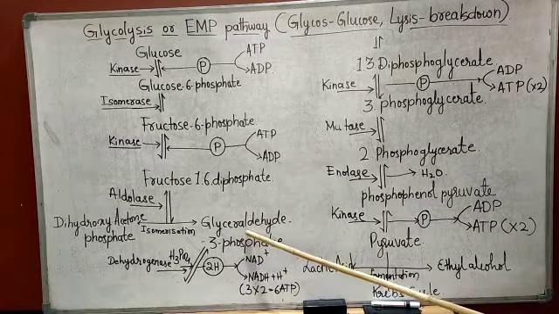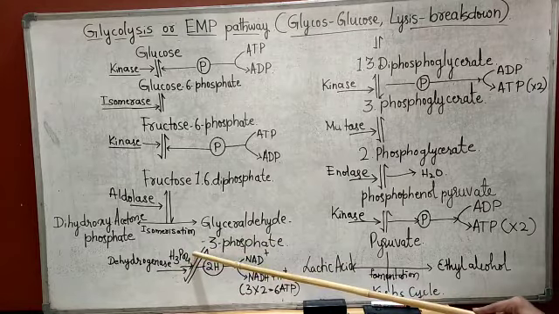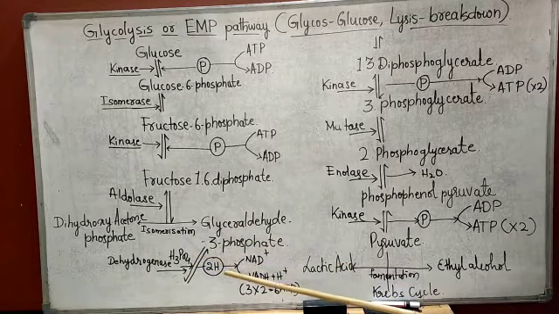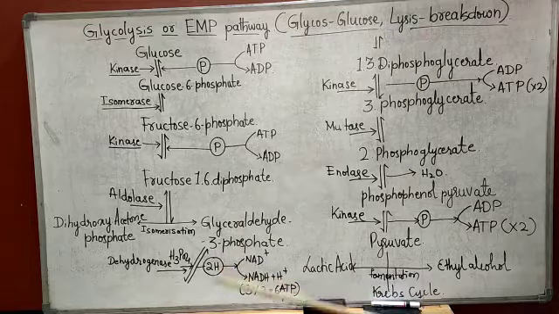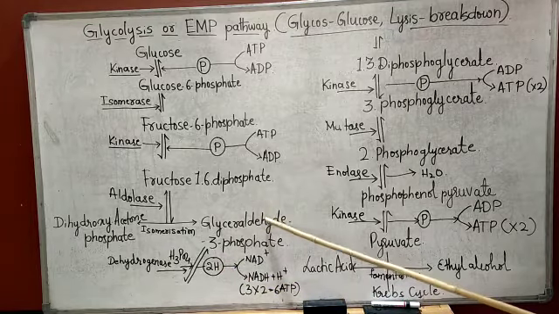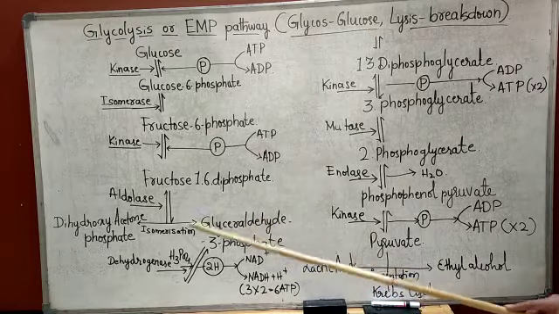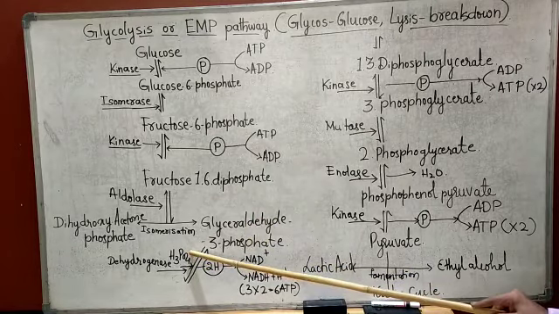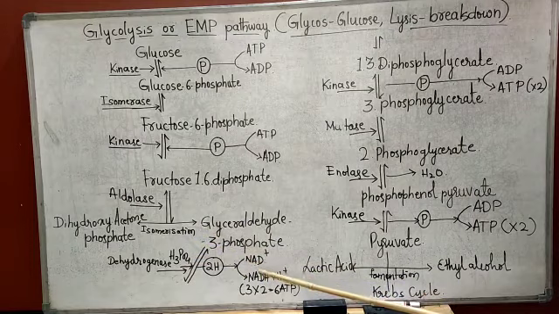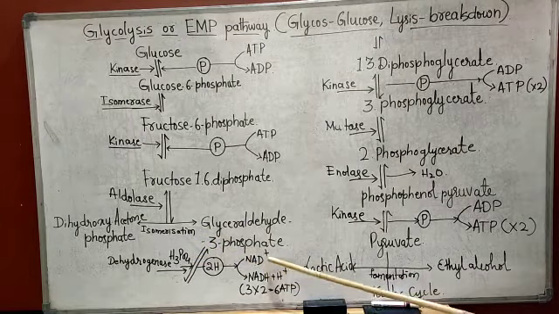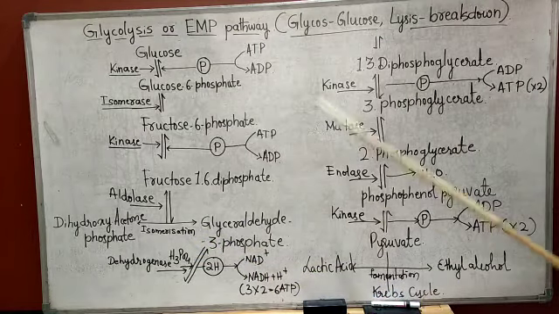Phosphorylation means addition of phosphate, that is by means of H3PO4, and dehydrogenation means removal of hydrogen. Glyceraldehyde 3-phosphate is phosphorylated by phosphoric acid, H3PO4, and simultaneously dehydrogenated to form